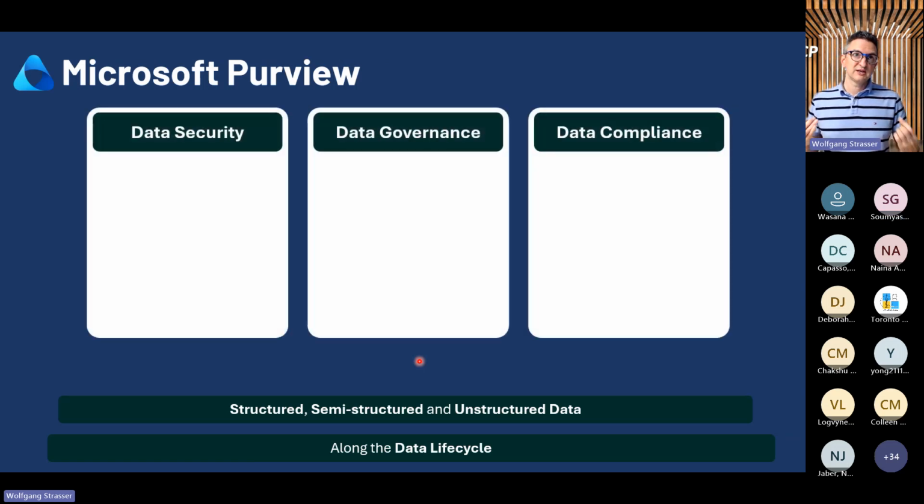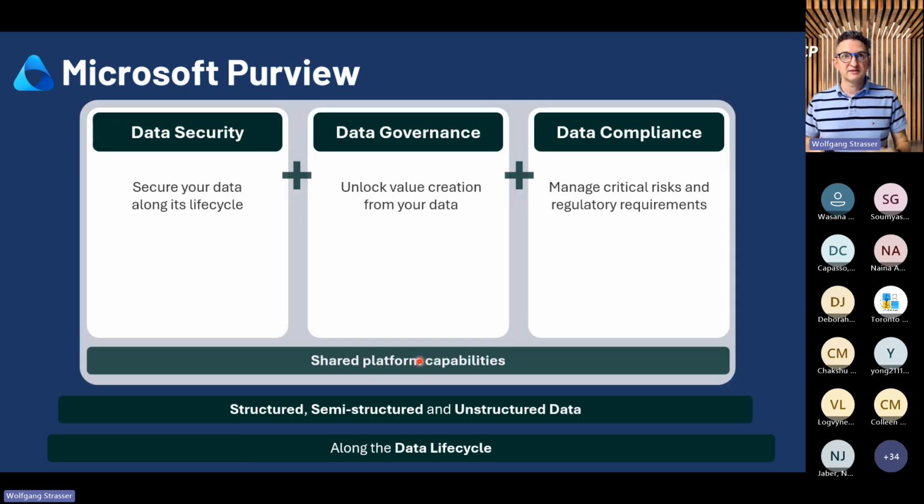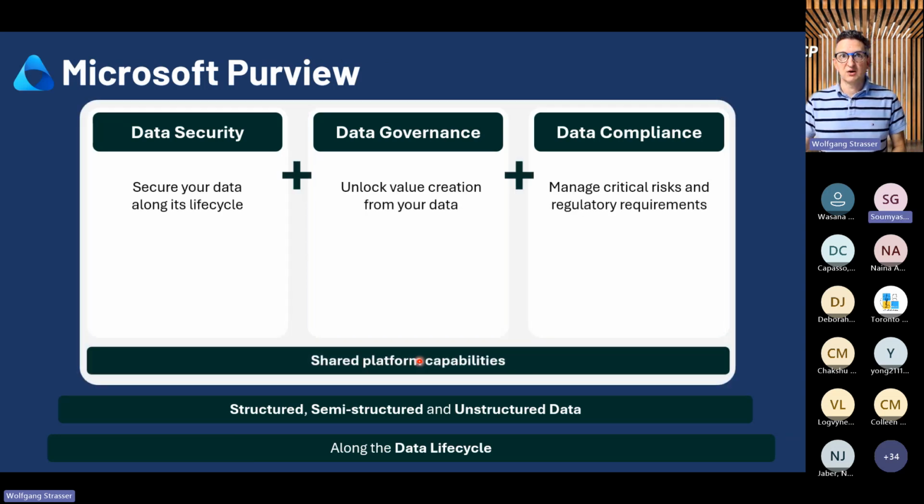And what it actually contains are 3 different areas. Microsoft Purview deals with data security. It also deals with data compliance. And in the middle, we've got the data governance layer. And it helps you, based on shared platform capabilities, that it really brings all those 3 areas together.